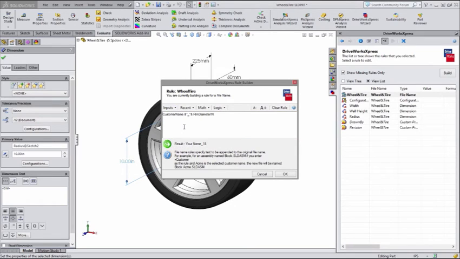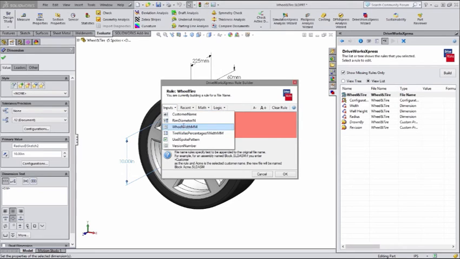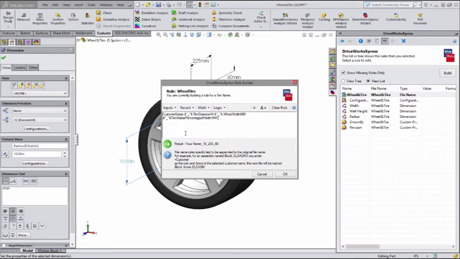And we're going to add rim diameter, the next form input. So you can see how it starts to build the file name. I'm just going to paste that next little connector, and we're going to go with wheel width. And again, another connector,